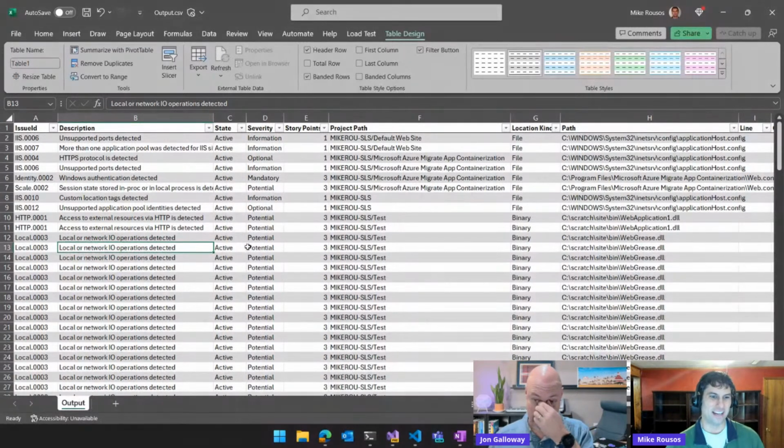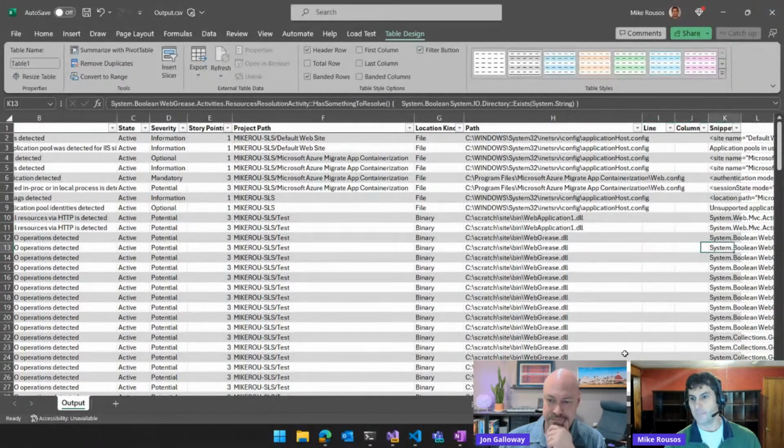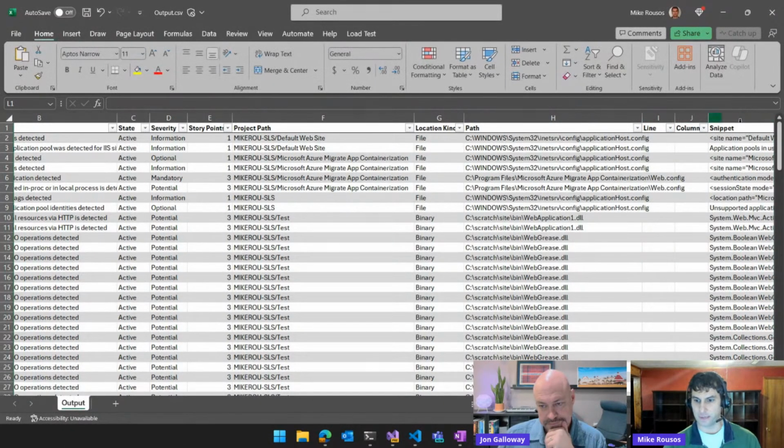But you get the description, you get the story points, the severity. You don't get, obviously, a source line because we assessed the binary, but you do get, if we expand this one out and make it nice and big, you do